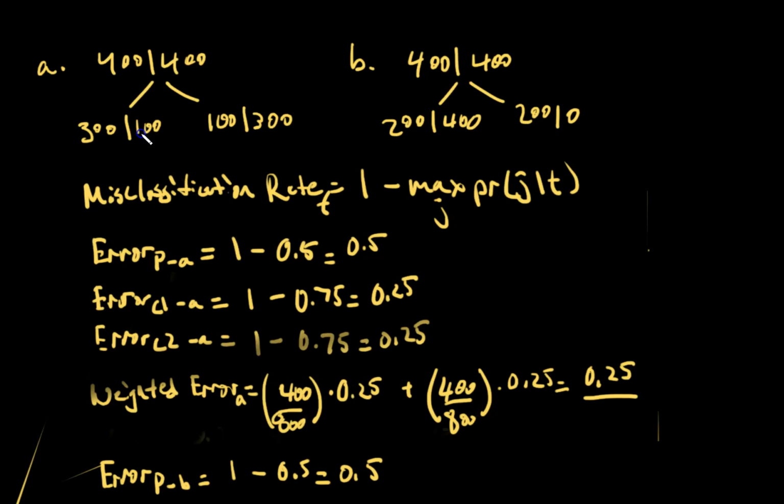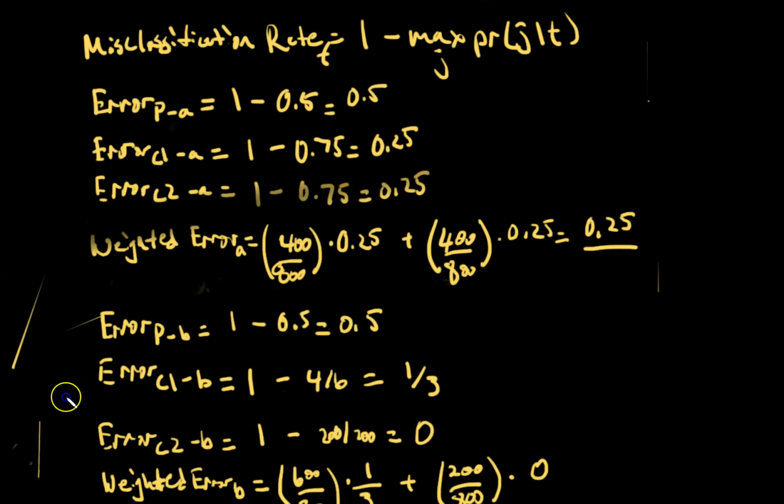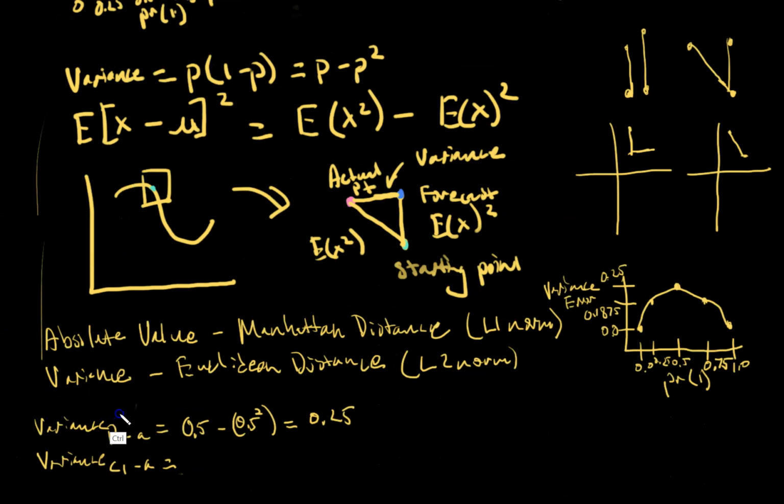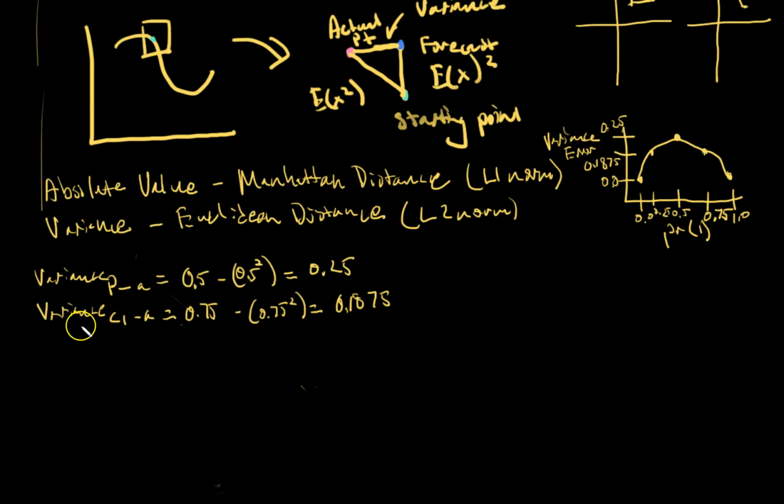It's 300 over 100, so the probability of this class would be 0.75. So that's 0.75 minus 0.75 squared, which is 0.1875. And then for child 2,